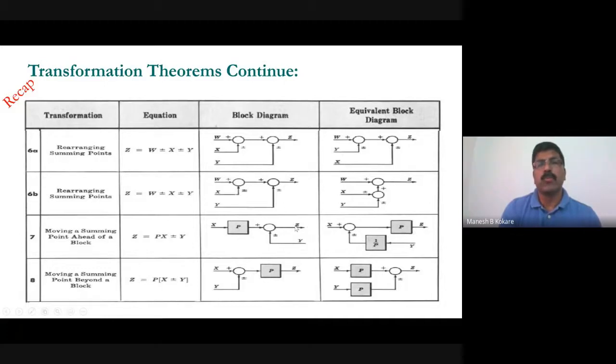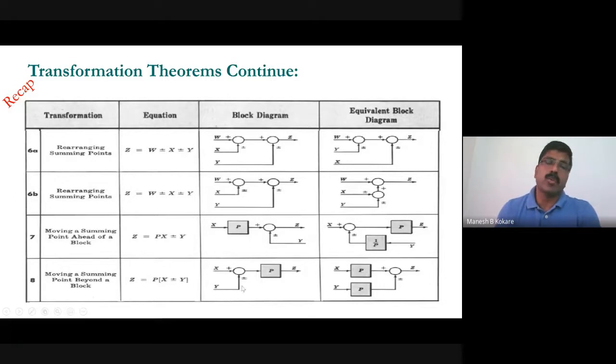See, now what is the output here in this situation? Original block diagram, X into P plus or minus Y. So this is the value of Z. Now here, when you're shifting this summing point ahead of the block, you have to make the change in the Y signal by adding one more block having transfer function equal to 1 by P. So what will be this one? Y into 1 by P. This signal will be Y by P, and then this X will be here directly, X plus Y by P, into P. So that will give you the Z value. So Z will be equal to X into P plus or minus Y. So with this arrangement also your value of Z will not change.